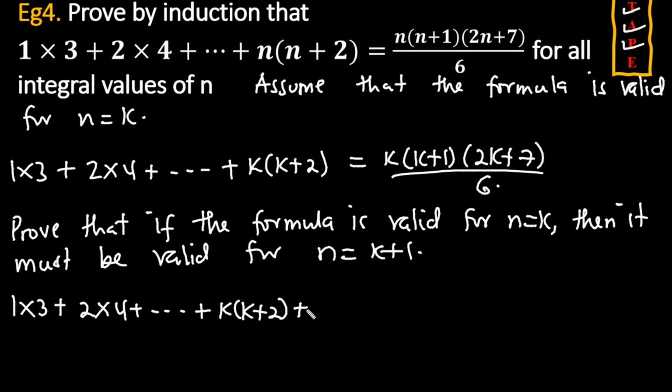So we are going to get this (k + 1). We substitute on the left where we see n(n + 2), so this is (k + 1)((k + 1) + 2). And on the right, this is equal to, where there is n,